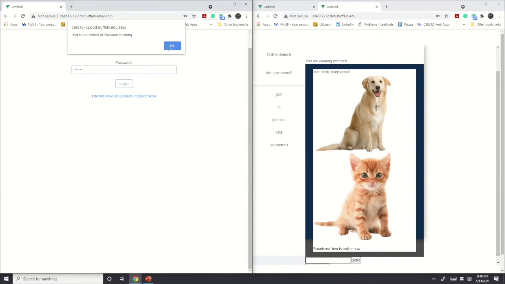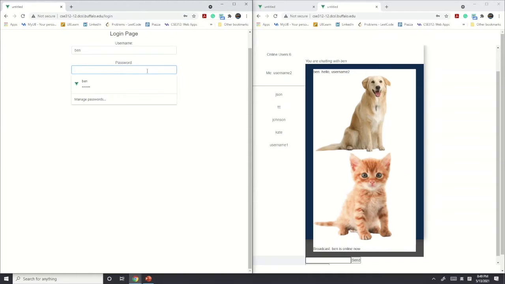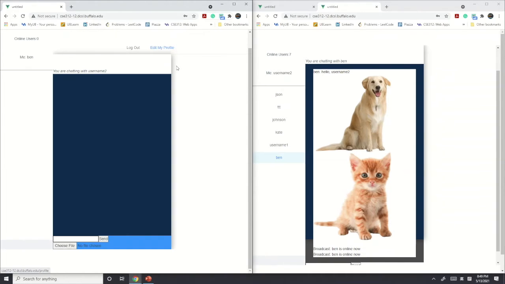Oh, yes, we changed the password. Yeah, this time it's right. And then